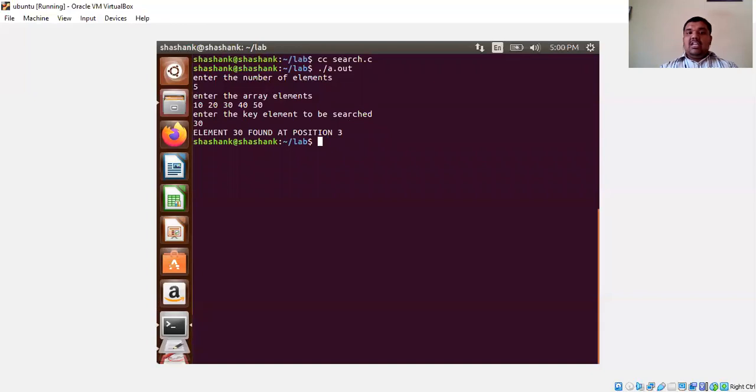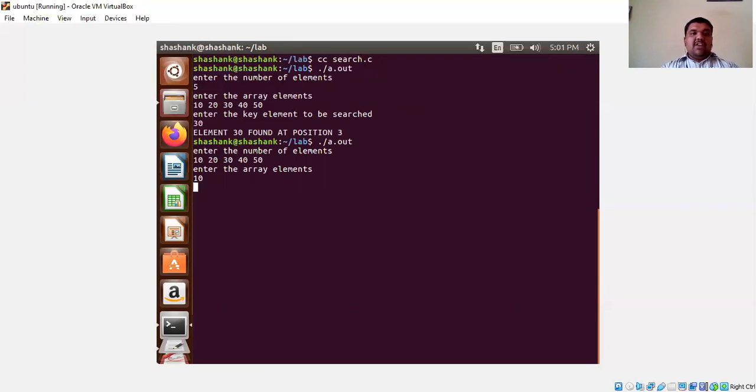Now let us take up the case where the key element is present in the first half of the array or in the second half of the array. For that, let us consider the same array, 10, 20, 30, 40, 50. Now I will take the key element as 10. Where is 10 exactly present? In the first half of the array. So now the low value has to be computed and high will be high itself. So what will be the condition? 10 is present at the first position. Now let us check whether it is correct or wrong.